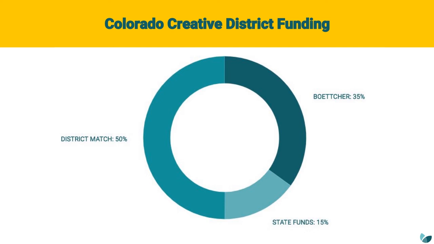And Margaret, are you aware of any other states and how they are funding? I know of, we did some research into a state that was using sales tax revenue within the district. So a certain percentage, I believe it was like 1% of sales tax revenue that was collected in the municipality within the district was going back in to fund the district. I thought that was a really creative approach. Yeah. What kind of benefits do creative districts generate for themselves and for the state?